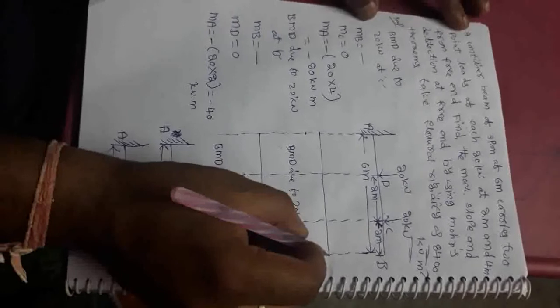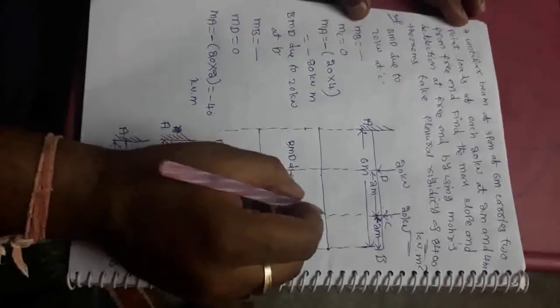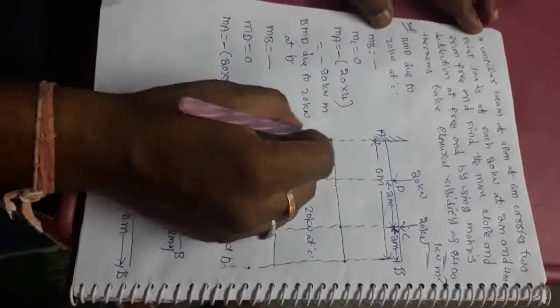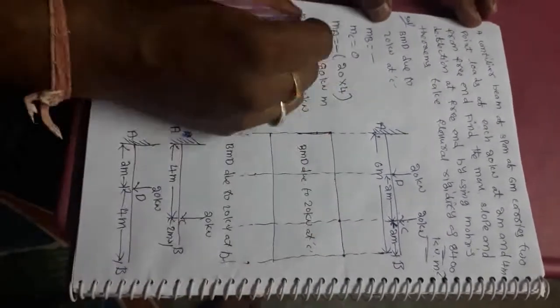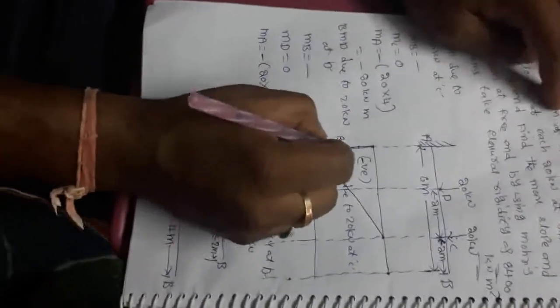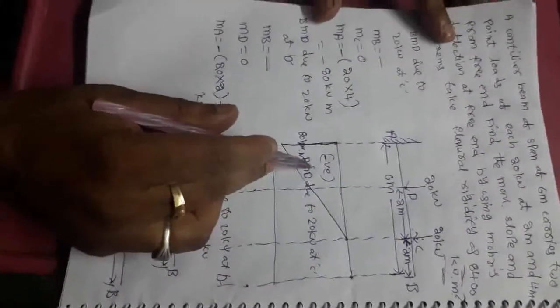So moment at B equal to no value, moment at C equal to 0, and moment at A equal to minus 80. From C to A there is an increase of 80 in the form of an inclined line. Why? Because here it is a point load, so it appears as an inclined line. This is a negative moment, and the answer is 80 kilonewton into meter. Okay, and this looks like a triangle. So you already know the formulas of area and x bar for triangles.